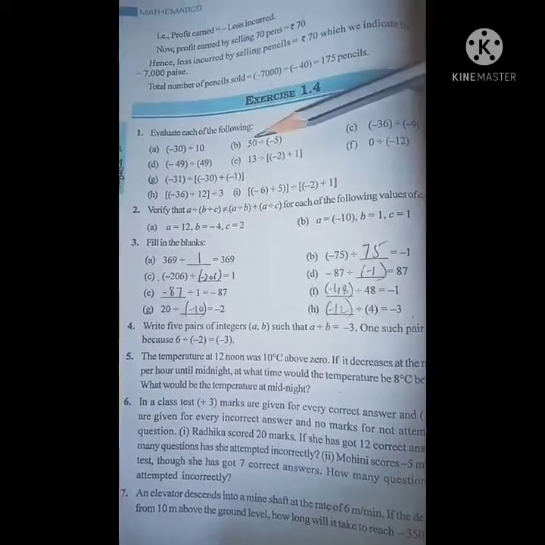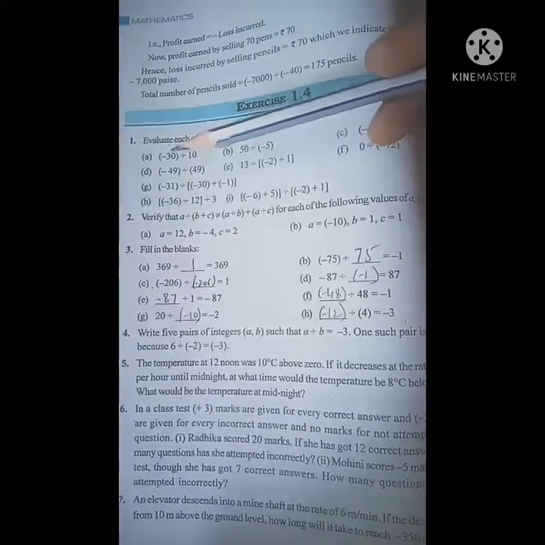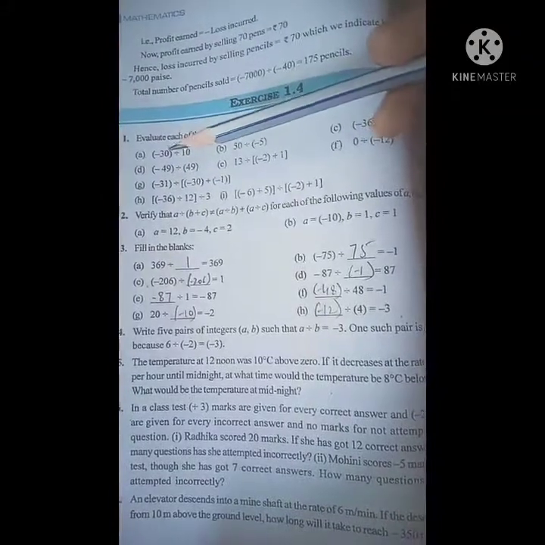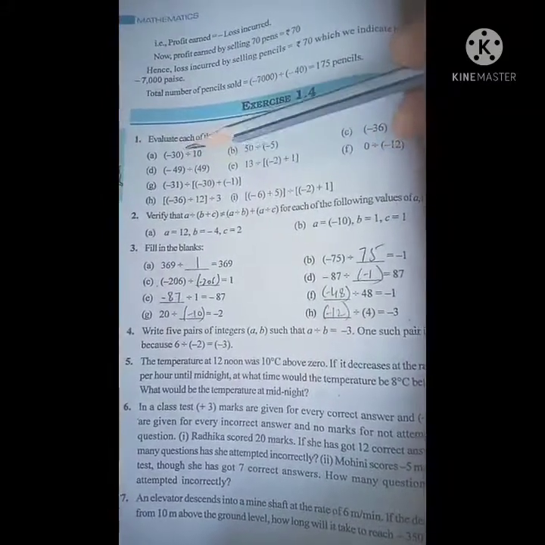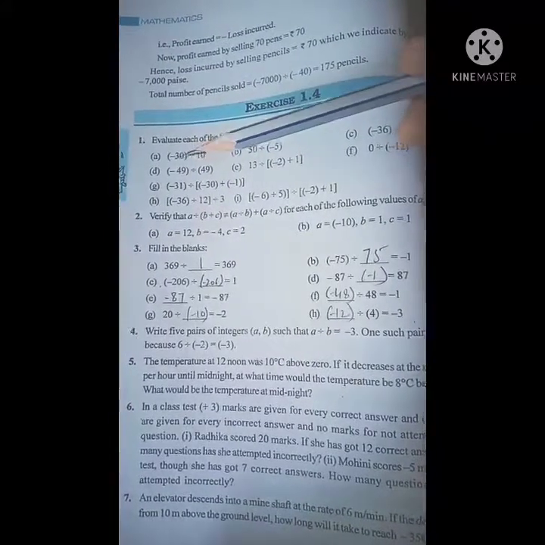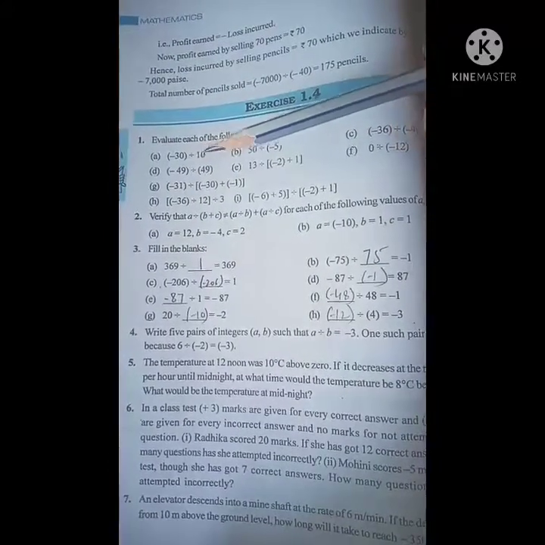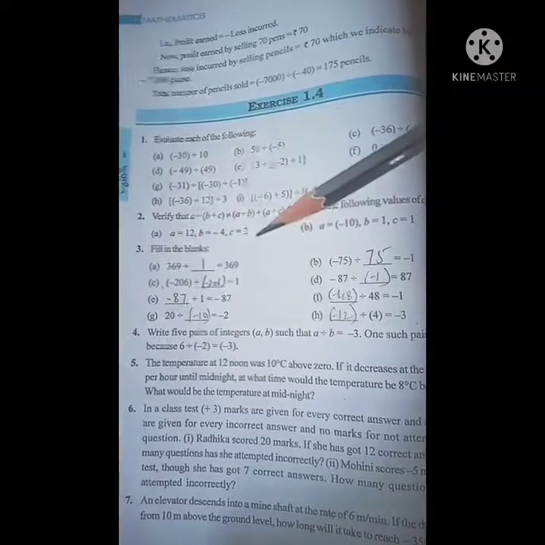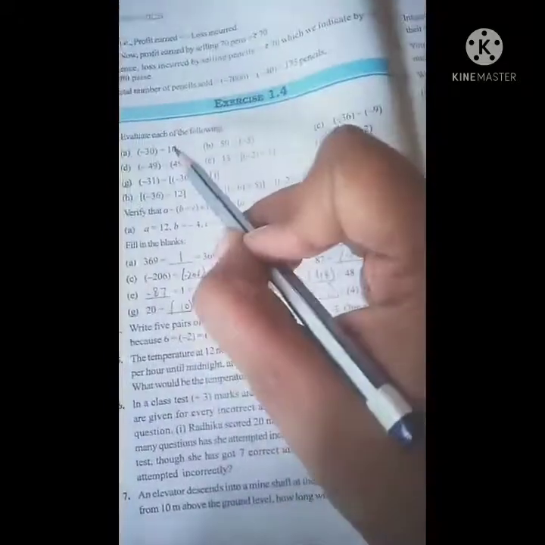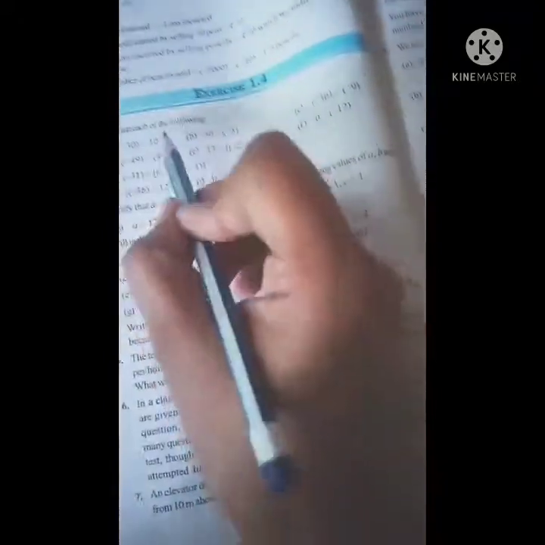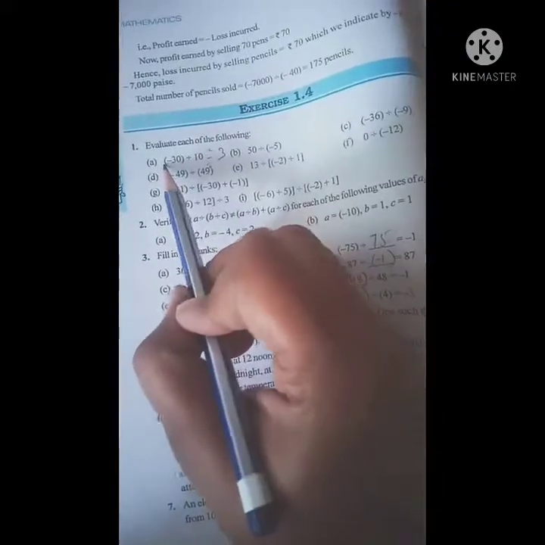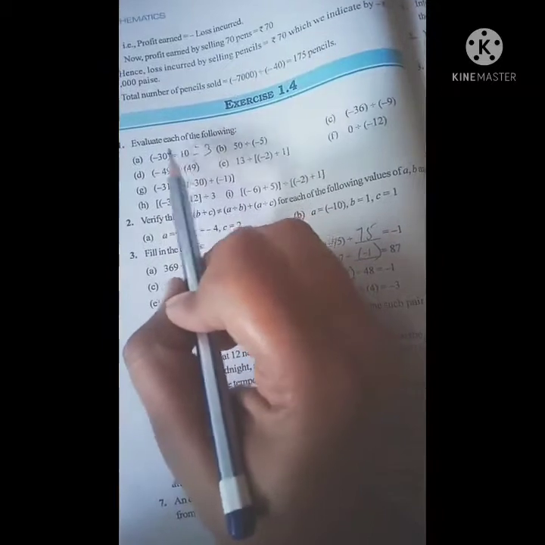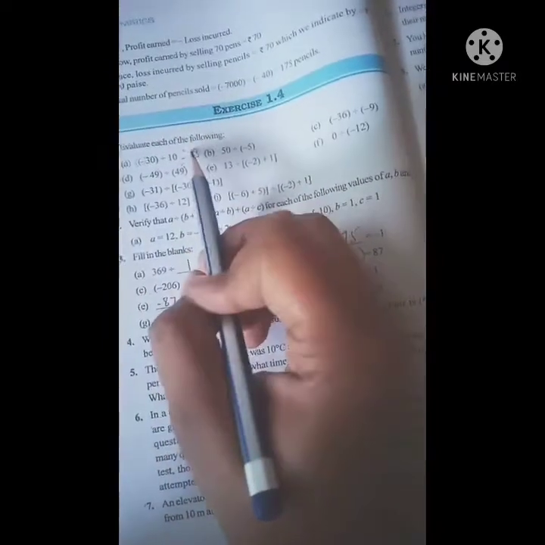See, evaluate करना. Okay. So go to question A, minus 30 divided by 10. Don't see the sign minus first. If we divide this 30 by 10, what will we get as the answer? That is 10 threes are 30. So the answer is 3, yes or no? Now see the sign. Here it is minus and this is plus. So minus plus is what? Minus. So put the sign minus.